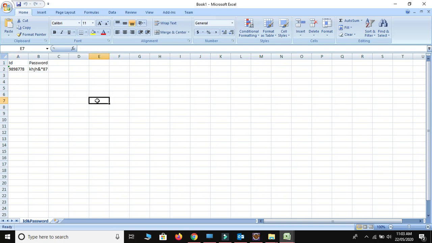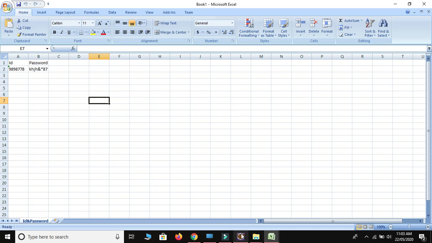I need to create one row and one cell. I will enter something over here, at 7E. The first thing is we need to create a row. So let me count the number of rows from here: 0, 1, 2, 3, 4, 5 and 6.